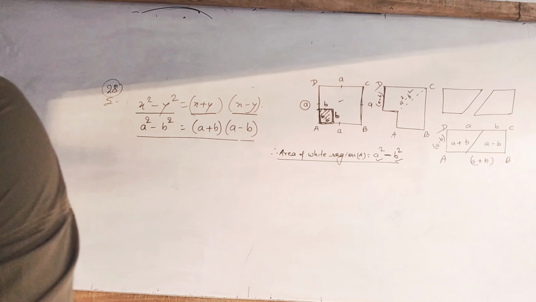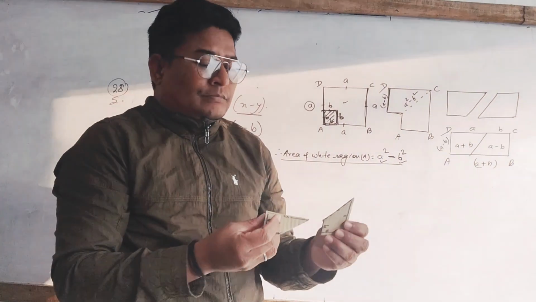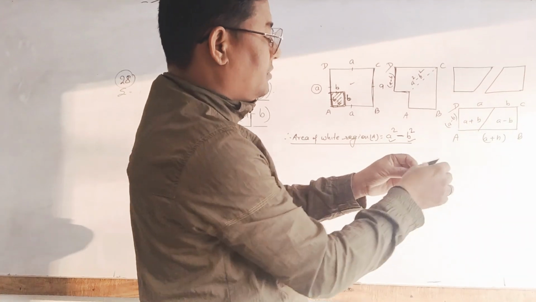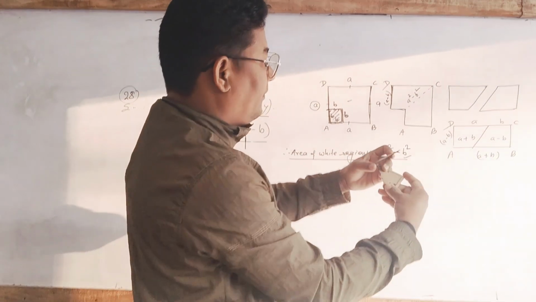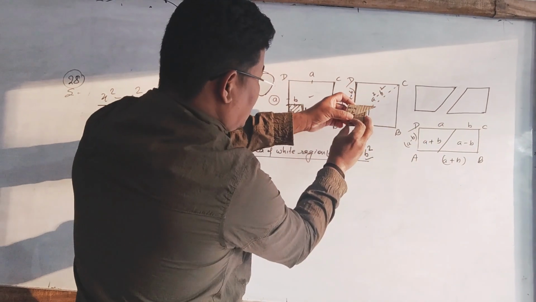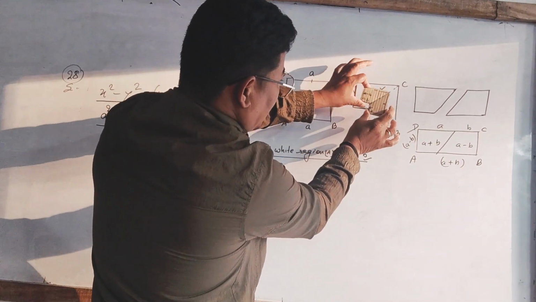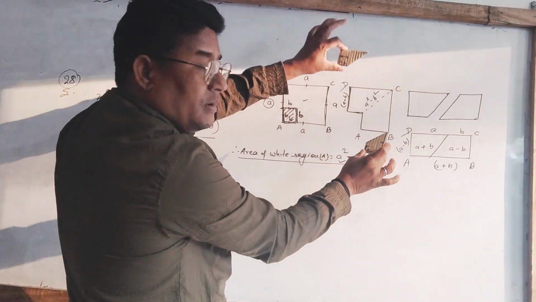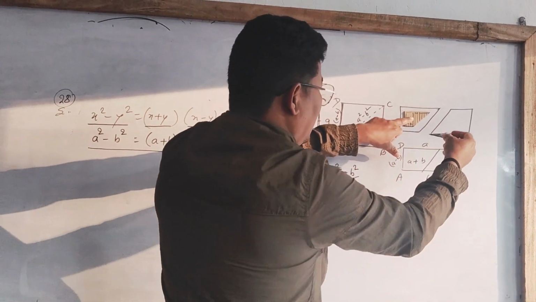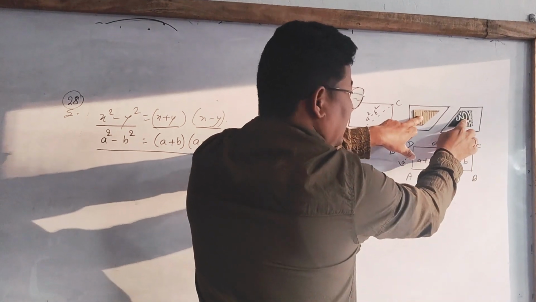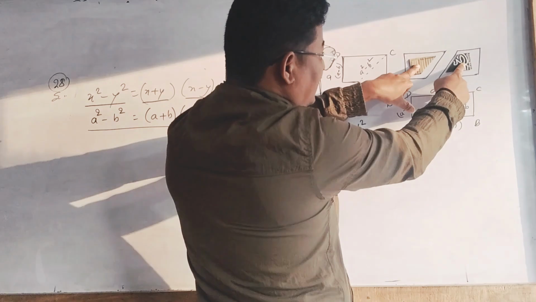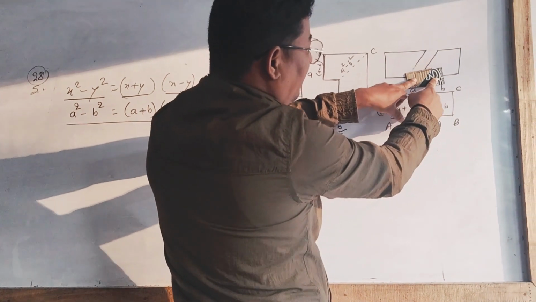Now I have 2 pieces of paper. It looks like this. Look here. It was like this. After cutting, it becomes 2 pieces, and when you arrange it, it is not the same shape. It is a different shape. Can I arrange it like this? Yes, sir. And after arranging, can I join it?